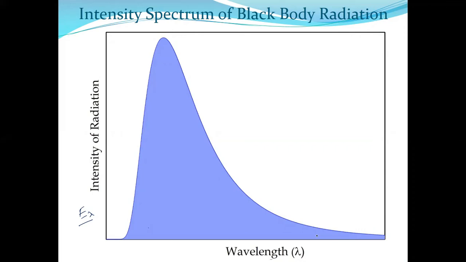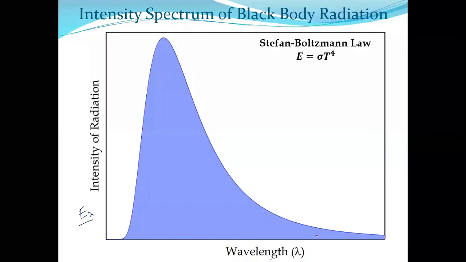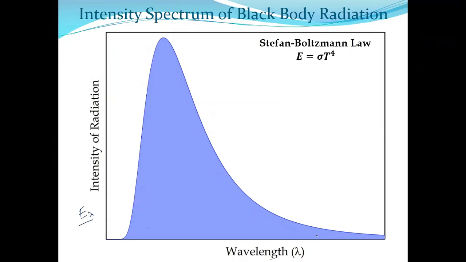That means somehow total intensity is related to the temperature, and that was given by the Stefan-Boltzmann law. From this experimental observation, they summarized that the total intensity of radiation, we write it as capital E only. We write E lambda when we are measuring intensity at a particular wavelength. Suppose you are asked what is the intensity of radiation at 5000 angstrom. Whereas capital E means total intensity covering all wavelengths. That is the total area under the curve.